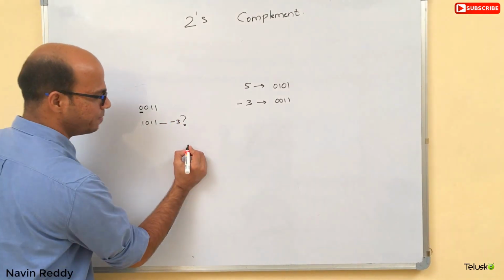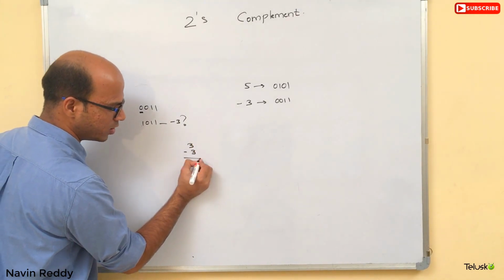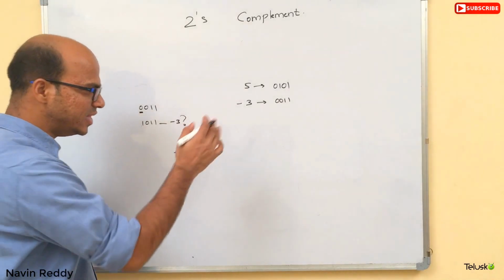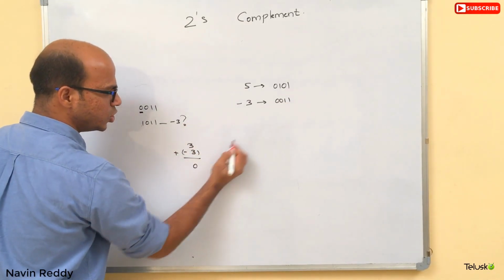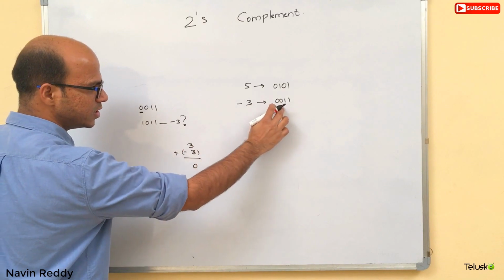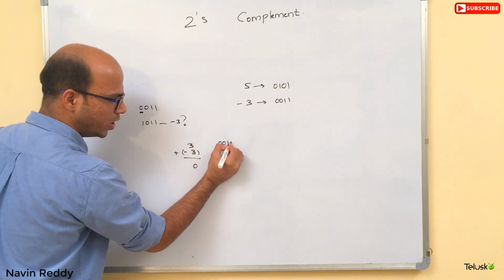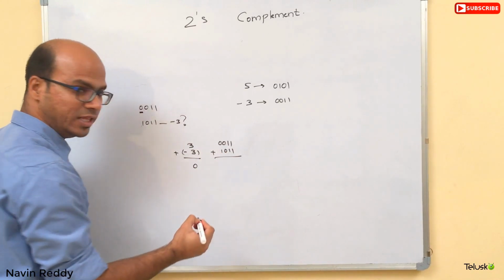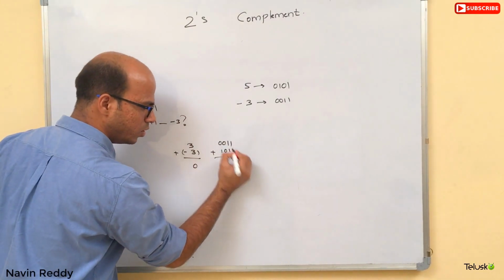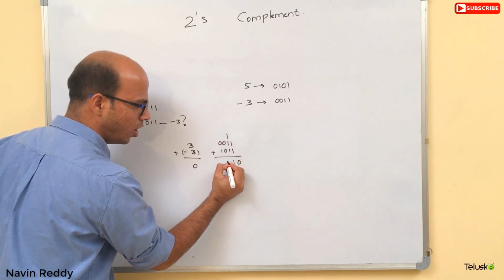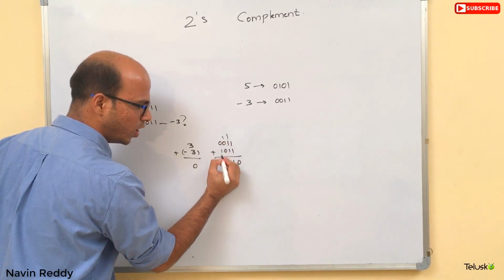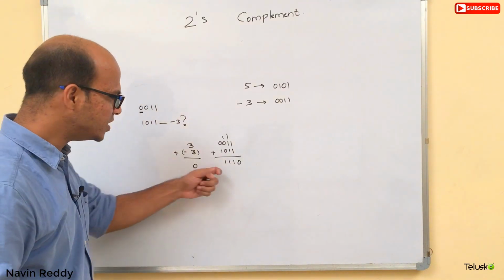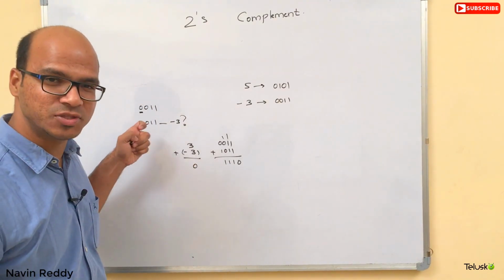It's because when you say 3 minus 3, or 3 plus minus 3, you should get 0, right? In this case, if this is your plus 3, which is 0, 0, 1, 1, and this is minus 3, which is 1, 0, 1, 1, and you add these two values, you get 1 first, which is fine. Then you get a carry, and we got 1, and then we got 1. Is it 0? Not exactly, right? So this is not right. So this is not minus 3.